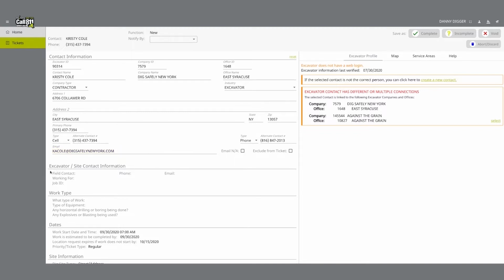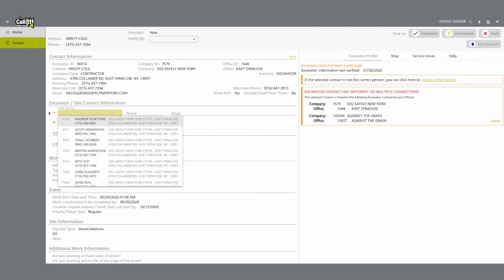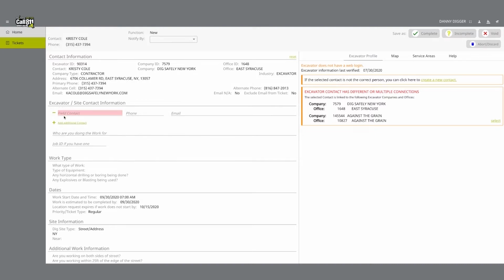Following the Contact Information section, the form will move you to the Excavator Site Contact Information section. If your caller is an excavator, there are 3 pieces of information this section addresses. These are field contacts, who the caller is doing the work for, and job number. A field contact is the individual that can be contacted if there are questions related to the ticket or job